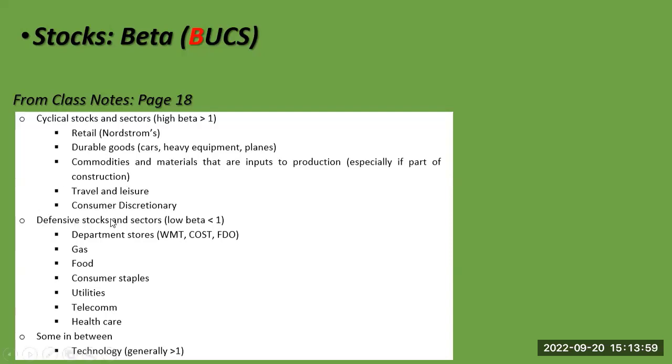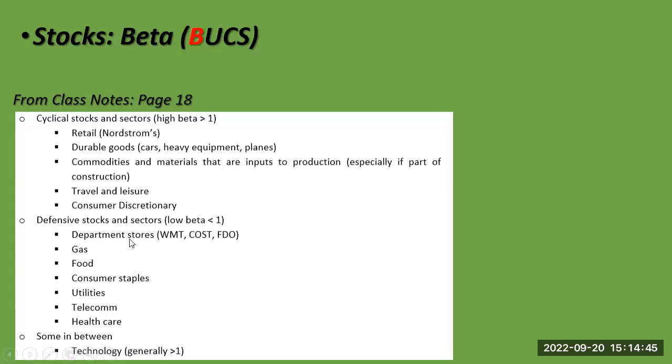A low beta stock or defensive stock: department stores. Walmart is a perfect example. Walmart did great in 2008. Walmart did great at the beginning of COVID. So Walmart has really proven itself not just to do okay in a recession, but to actually excel and do extremely well. People do cut back. They don't just cut back on Nordstrom's, they also cut back on restaurants. So instead of going to a restaurant, they go to Walmart and they eat at home. I've never eaten ramen noodles in my life, but supposedly that's the go-to if you're worried about your budget.